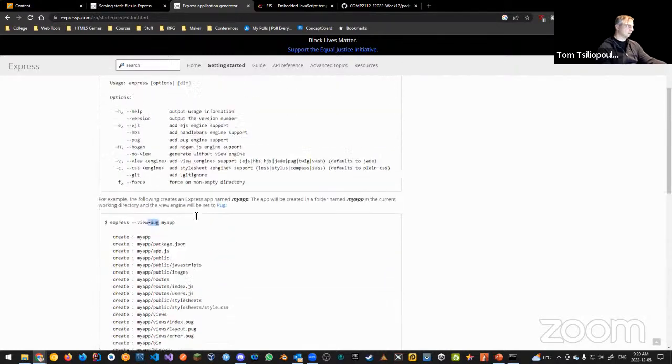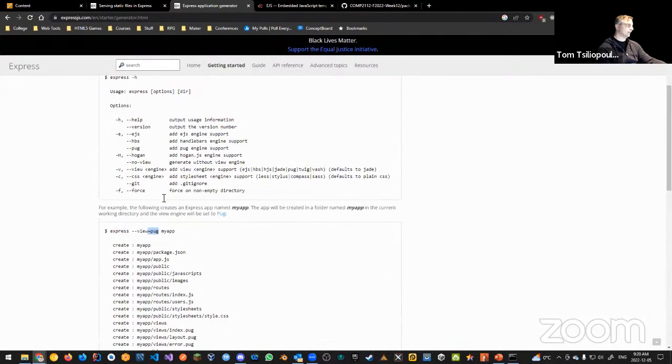Instead of Pug, we're going to use EJS. So we can actually do express, and then -e for an option, and the directory that we want to put it inside of. Express -e, and then whatever the directory is, as an example.